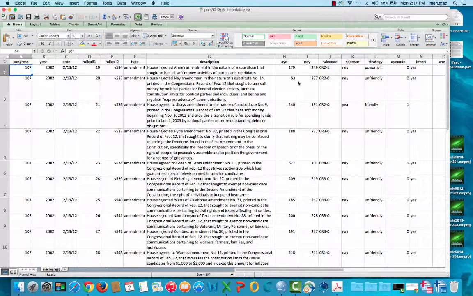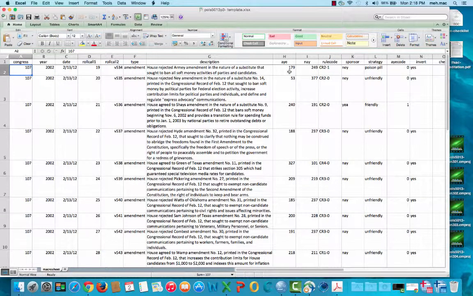This is the beginning of lesson 4, and we need to do an important step here. Remember that our standard for our empirical analysis is always reliability and validity, and that means we have to do certain coding checks to make sure that we're doing the analysis right as we go through. One of the things that we need to do before we get too much further with the creation of the dependent variable is we need to go back and do some cross checks on the aye and nay roll call